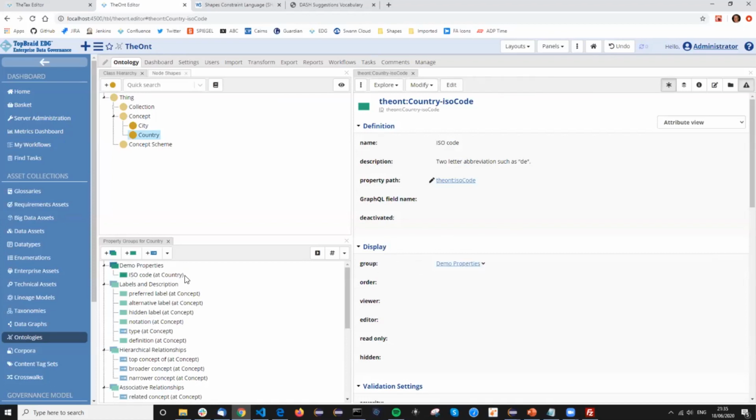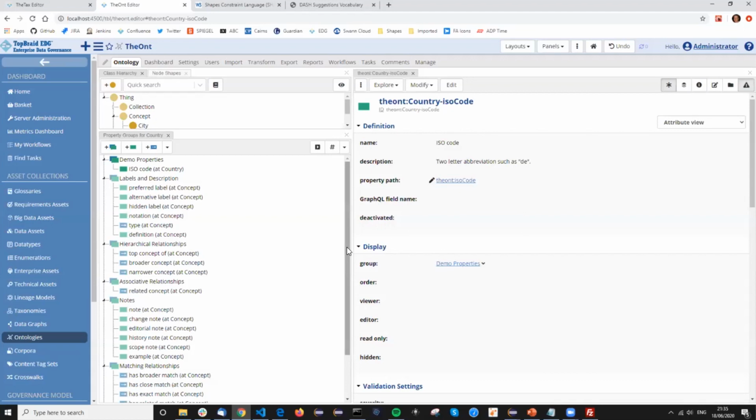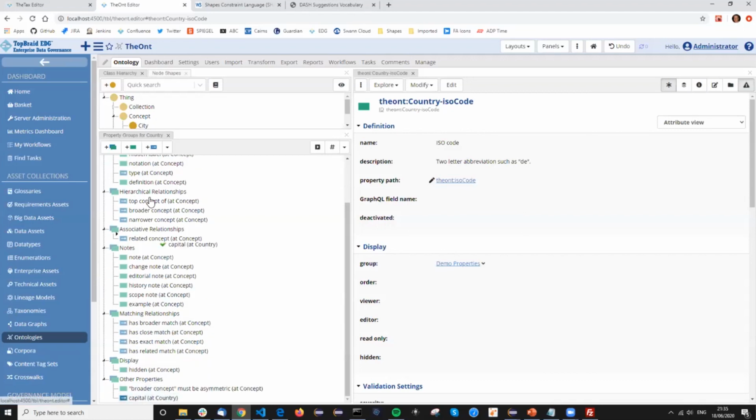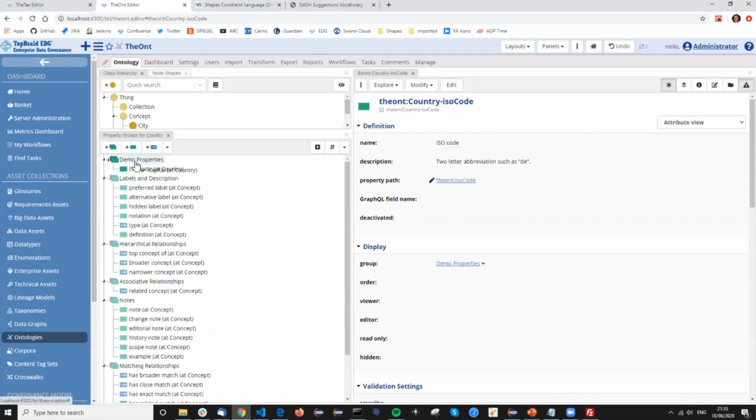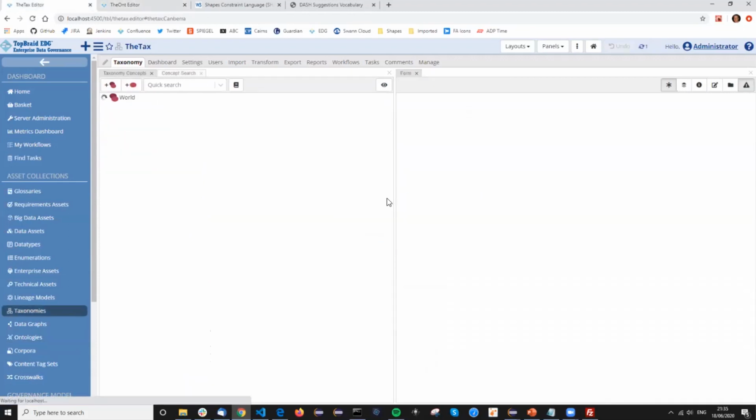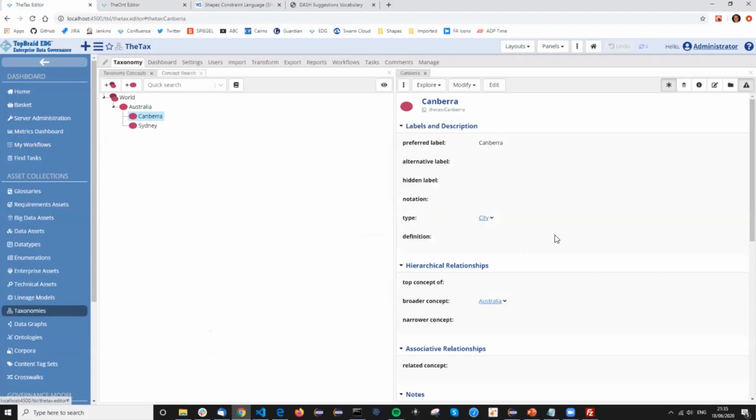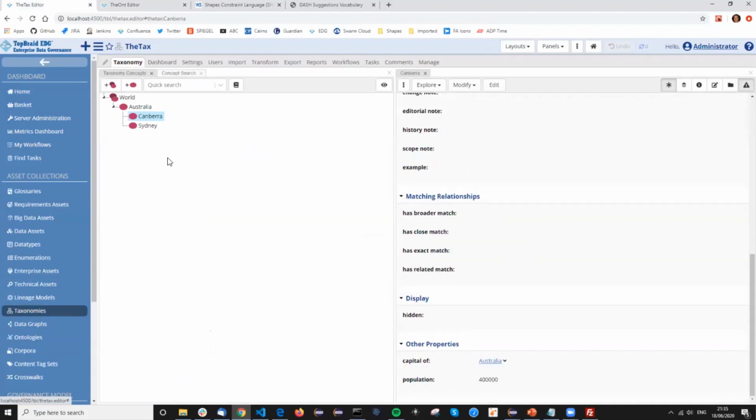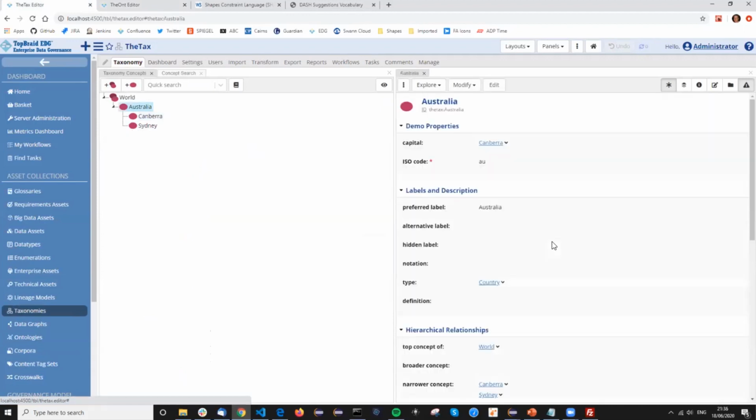So I can either define it through this, or I can use this view here in TopBraid. And then I can use drag and drop to rearrange the layout of where those properties are going to show up. So for example, I could move the capital property into the same group. And then when I revisit my form, it should be showing it here for countries. Demo properties are now showing on top, and capital and ISO code are showing. Yeah, so this is all part of standard SHACL, and is actually one of the, I guess, fairly useful features,